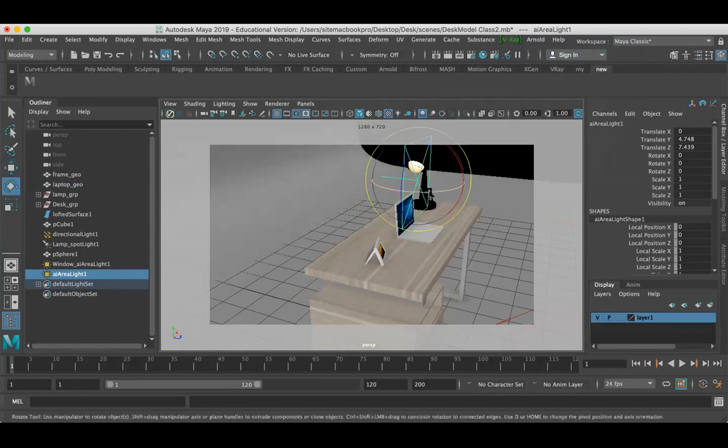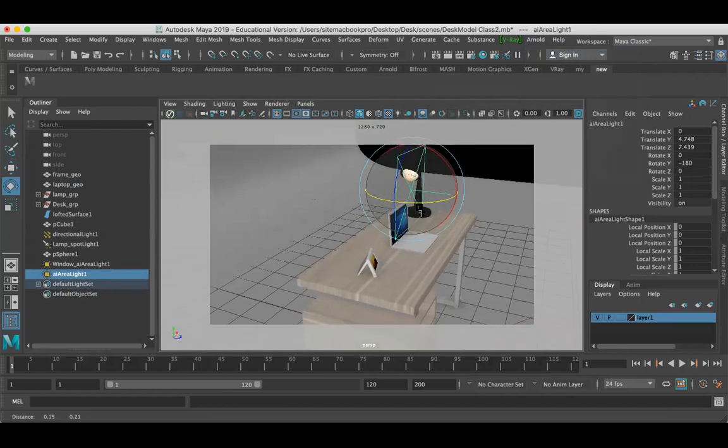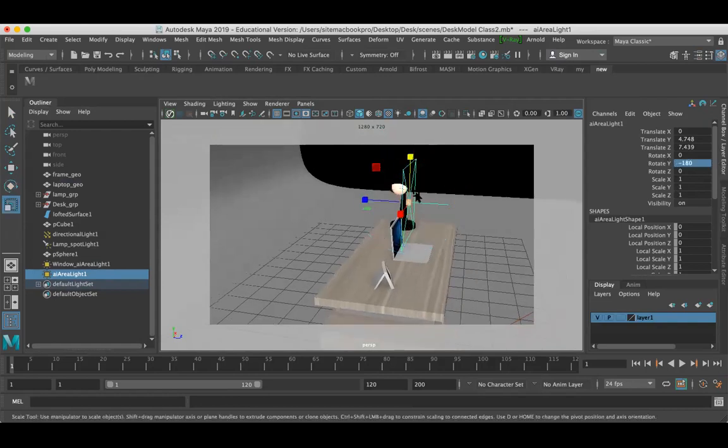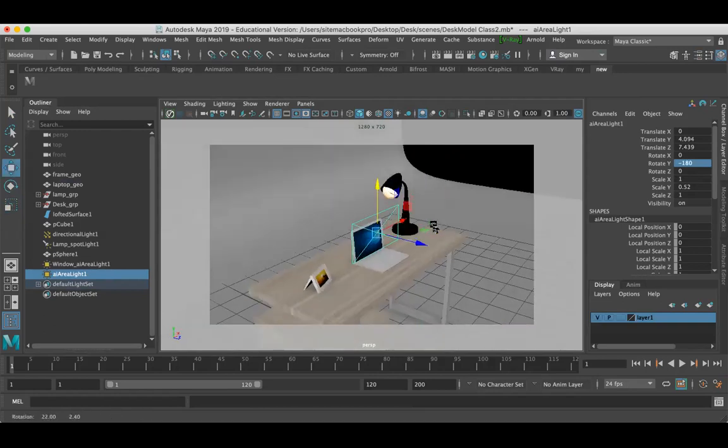So I have to rotate it to a proper 180 degrees. If you don't know how to rotate 180 degrees, just type it here, you can type -180 degrees. So here, I'm going to make something like a screen size.